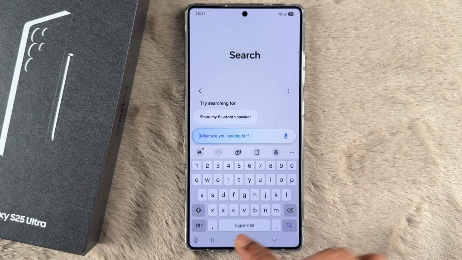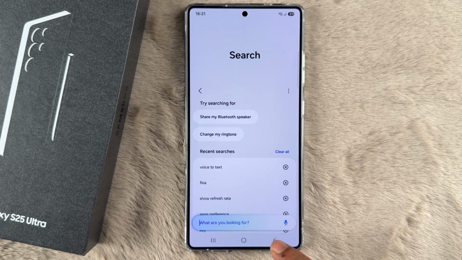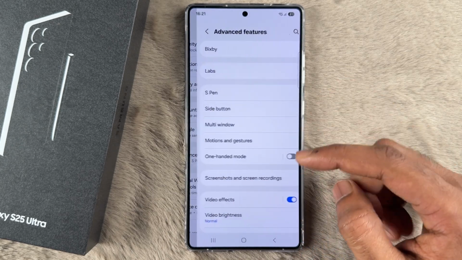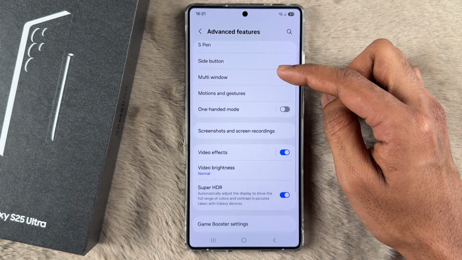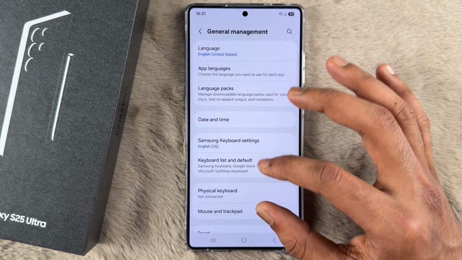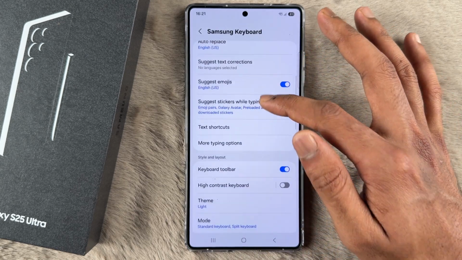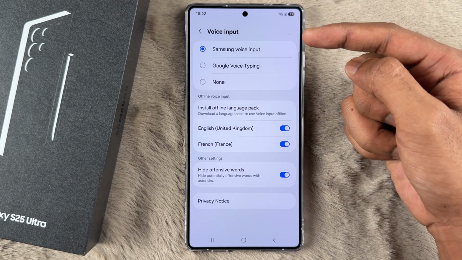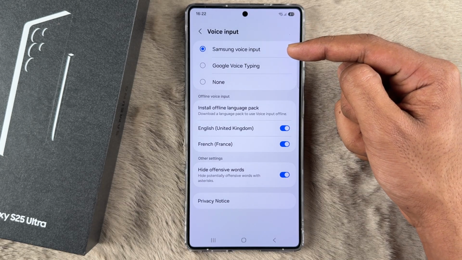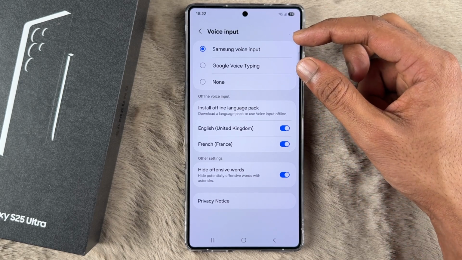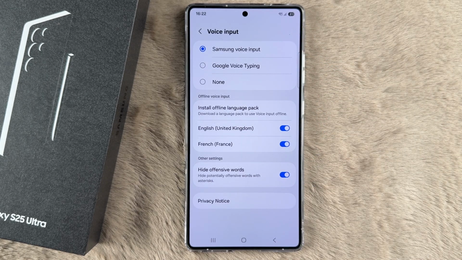If you can't find it from here, you can do a few simple steps. You can just go to the advanced option here, advanced features, and then you can go to the general management, and from here you can go to the Samsung keyboard. If you're using the Samsung keyboard, then you can just scroll down, and here you'll find voice input. Then you need to set the Samsung voice input, or you can also go with Google Voice typing. Both of these features will help you to turn your voice into text on your device, and that's how you